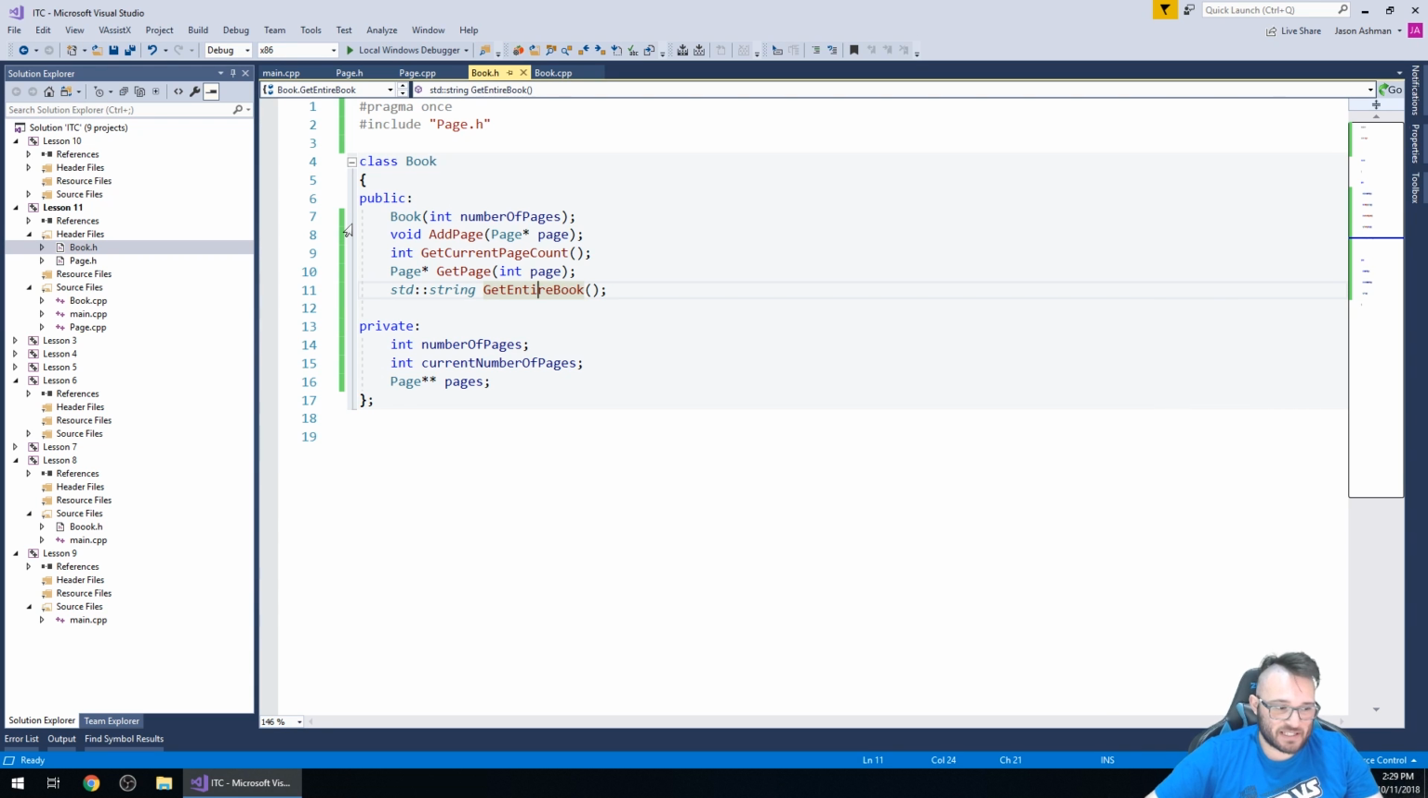There is no inheritance at the moment because it's not necessary. And the things we're going to be talking about don't require inheritance at all. So it's got a constructor that takes a number of pages. You can add a page, you can get the current page count, you can get a page, or you can get the entire book formatted. Its variables are a number of pages, the current number of pages, and a dynamic array of pointers to pages,